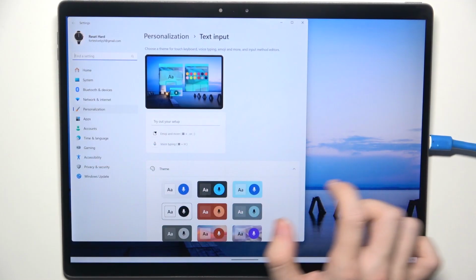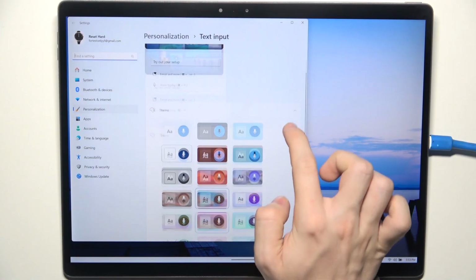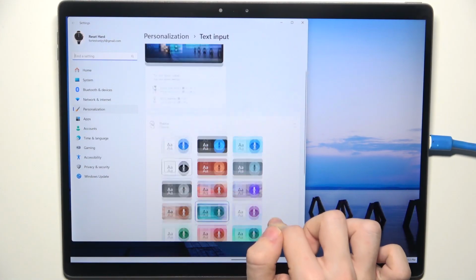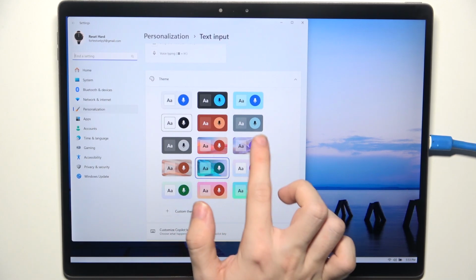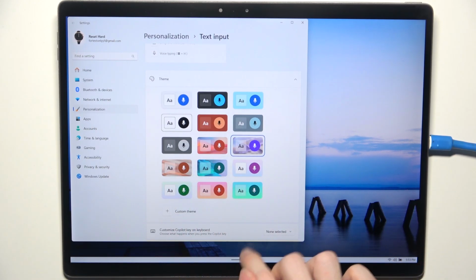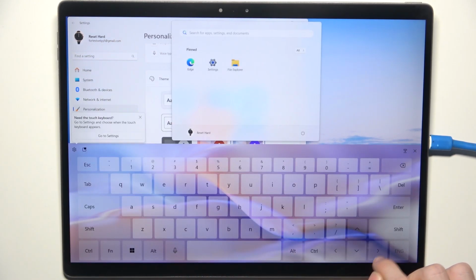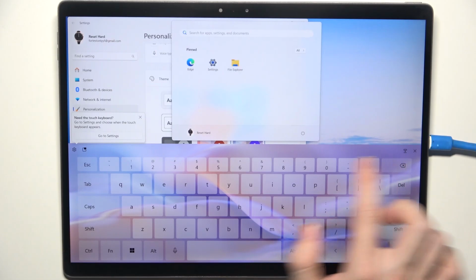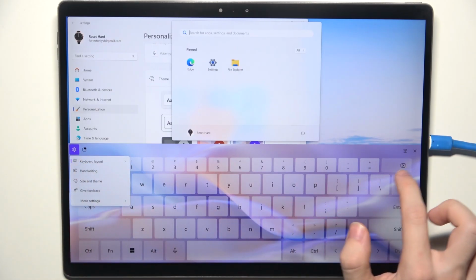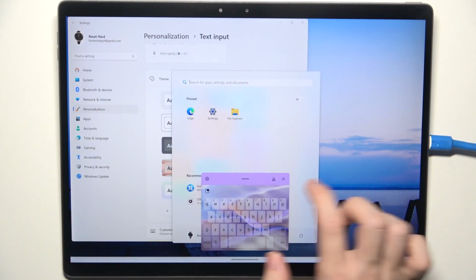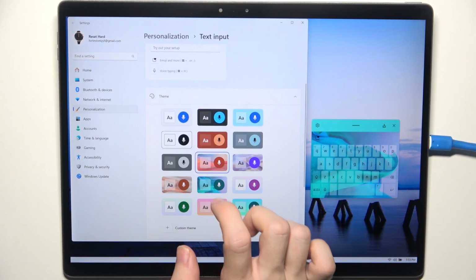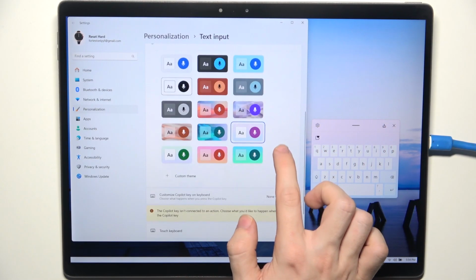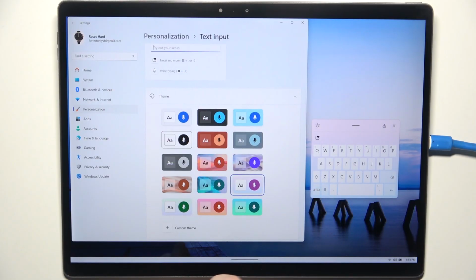Then it will get you to settings application, and here you'll be able to, for example, change the theme, and when it's set to any theme that you like, you can see that now it looks like this. Let me undock it. You can also quickly undock it with this button, and you can see that I'm changing this look. You can also add a custom theme,